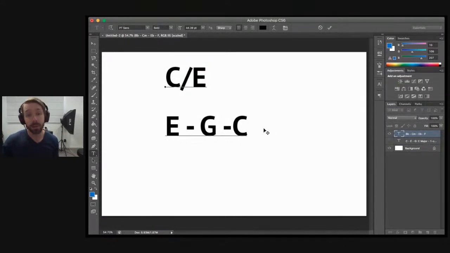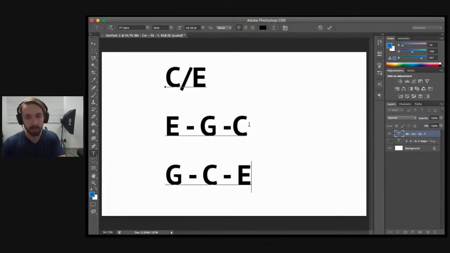This is, by the way, called an inversion. If you have a regular chord with C, E, and G, so the root is on the bottom, it's called root position, which means something different in Australia. The first inversion is where you have the third on the bottom, so it sounds like this. And you can also have second inversion, which puts the last note on the bottom. So we'll put that there and put that there. So that sounds like this.